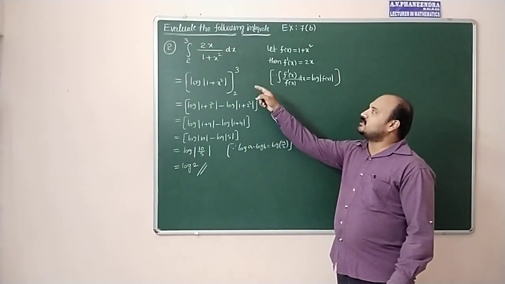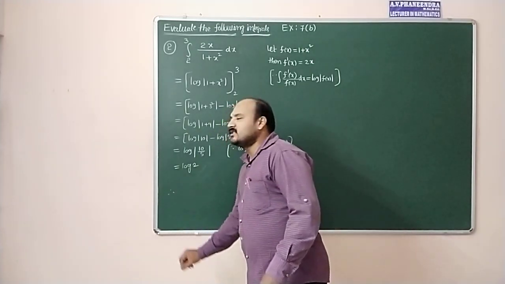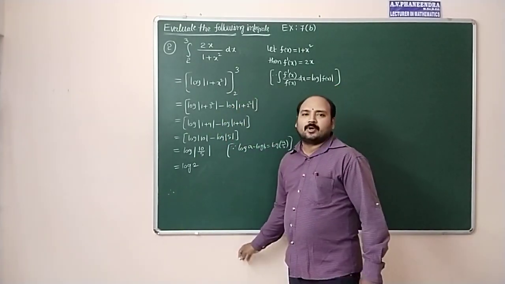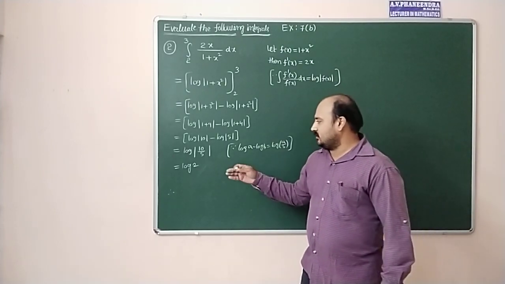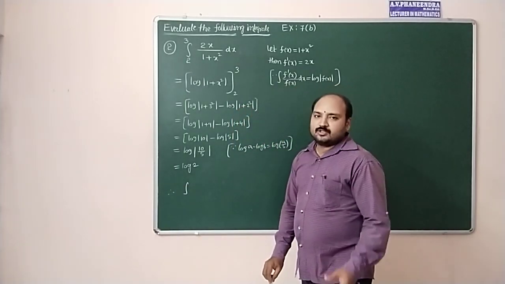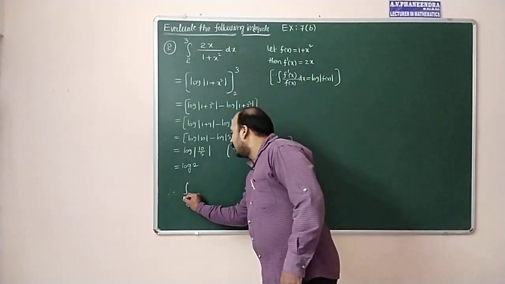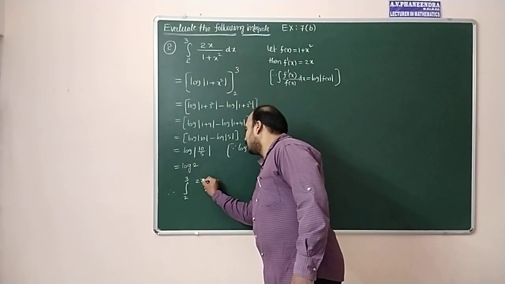Therefore, the integral from 2 to 3, the conclusion is also very important. Most of the students won't write that conclusion step. You remember that this is a very important step to write. That is your duty as a student. So the integral from 2 to 3, the conclusion step is very important.